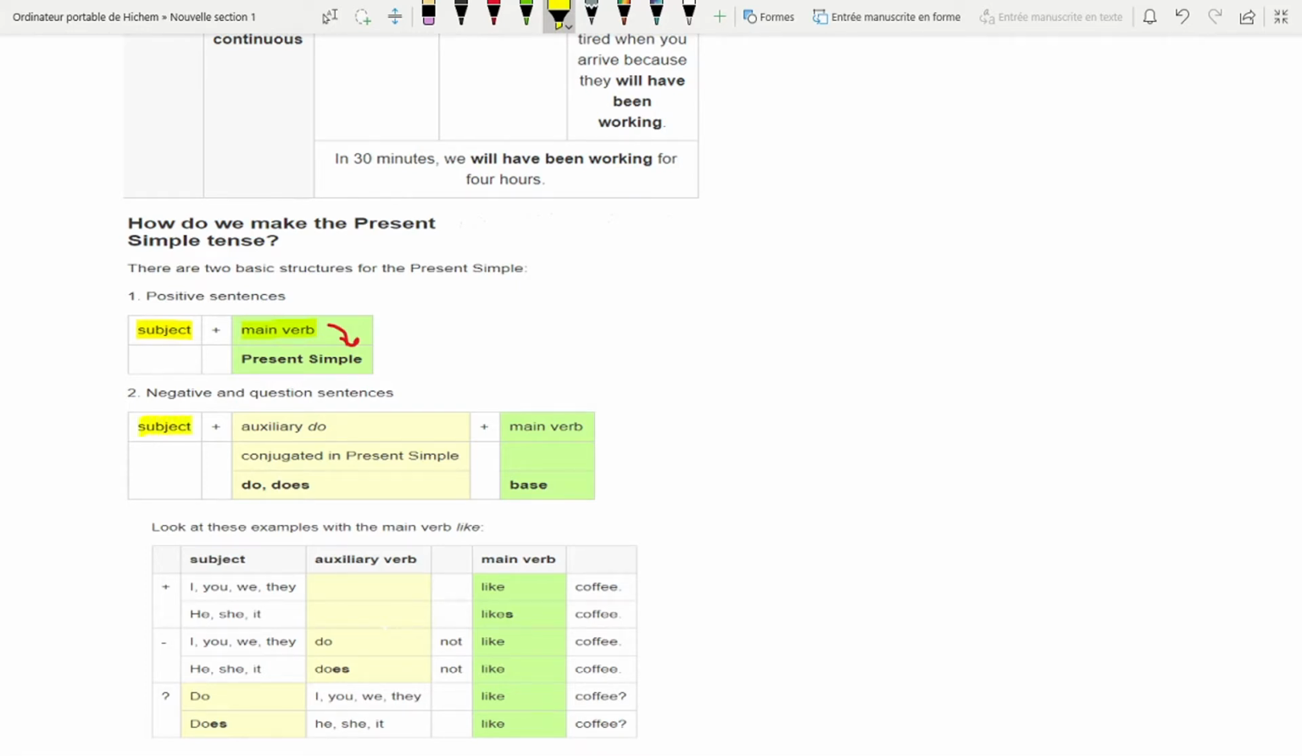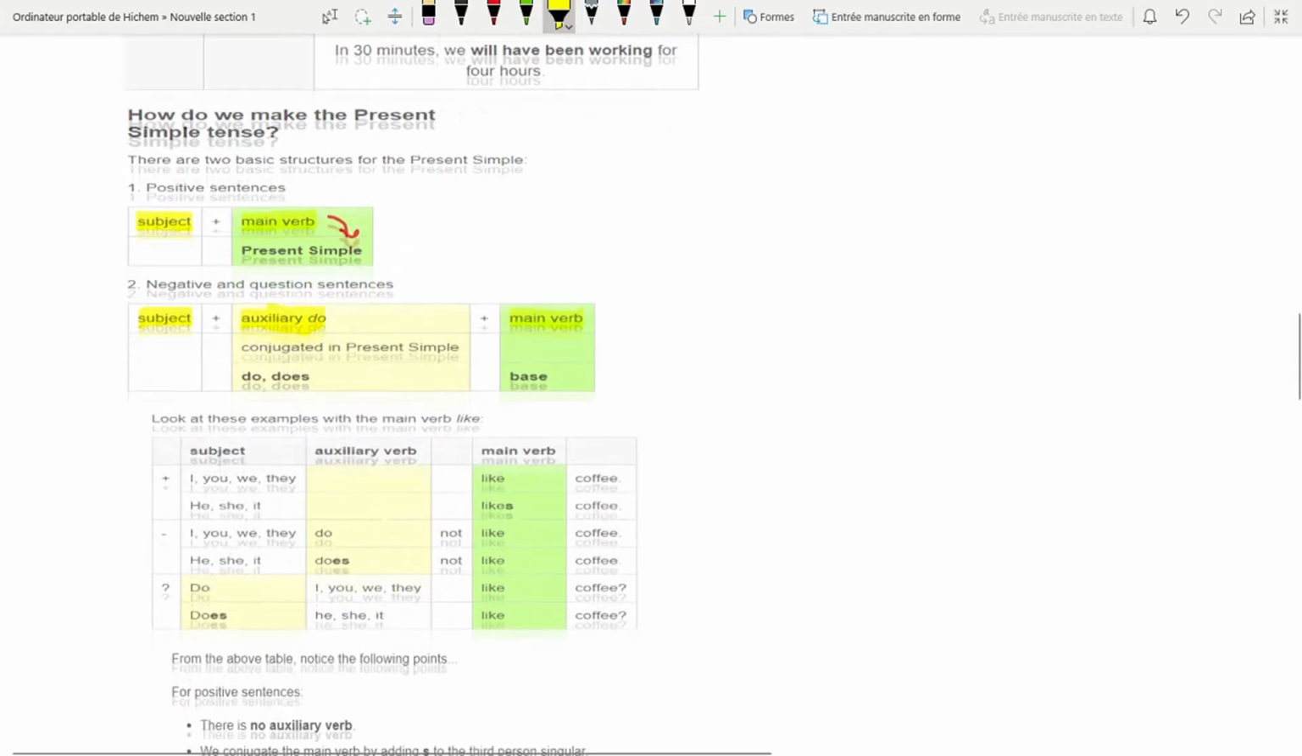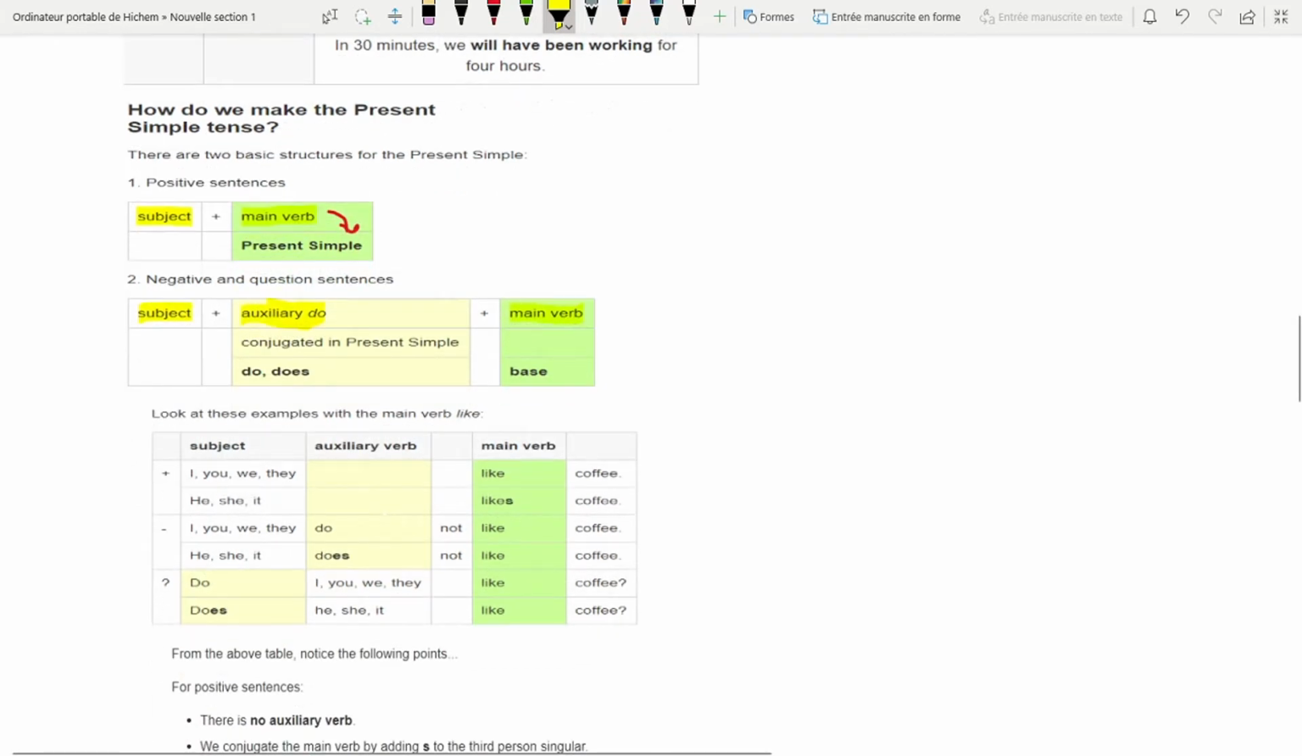We start with the subject when it comes to the negative. Okay, we add an auxiliary that we call auxiliary do, okay? Then we add the main verb, right? And auxiliary do, this is very important, needs to be conjugated to the present simple. And the conjugation of the auxiliary do is either do or does. We say does,